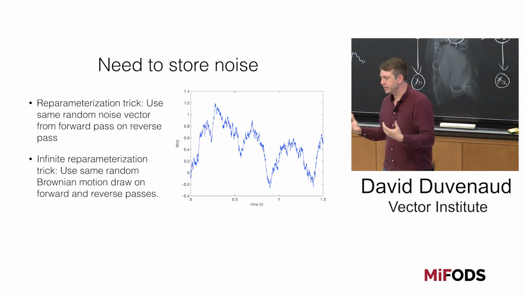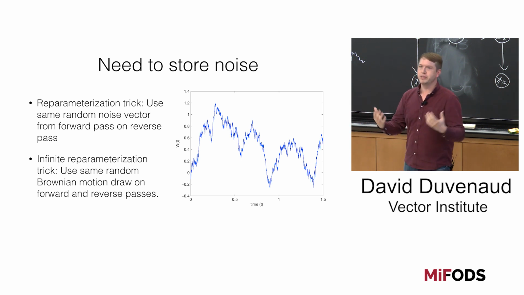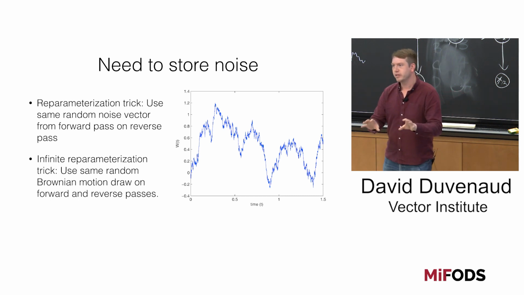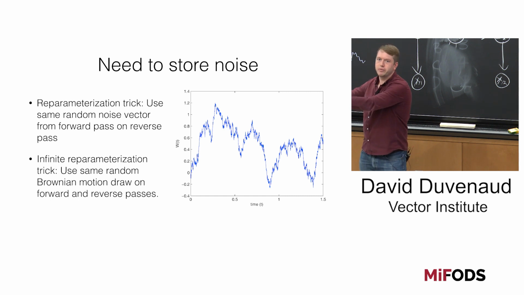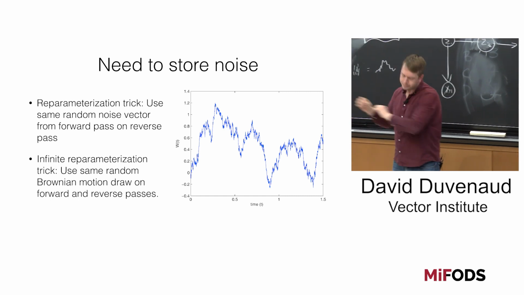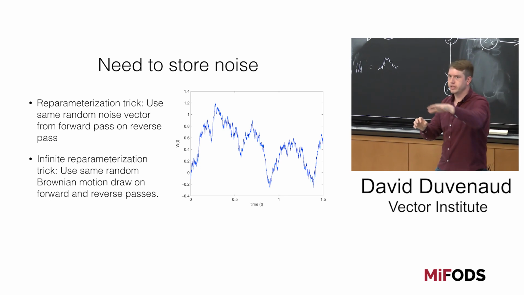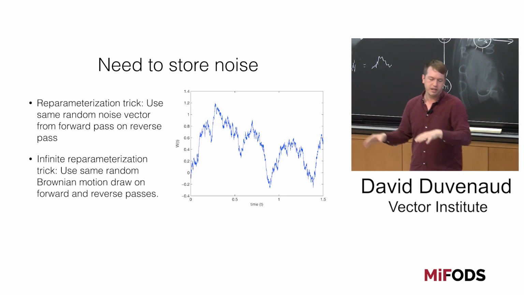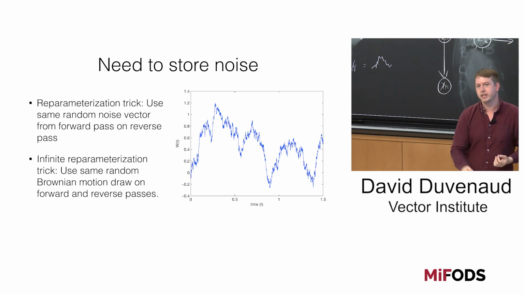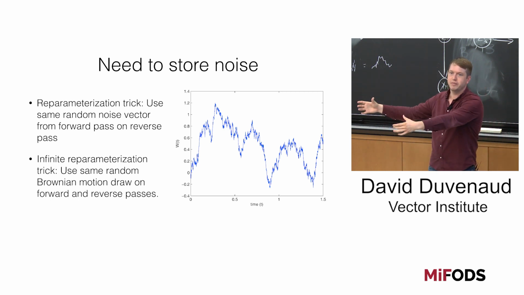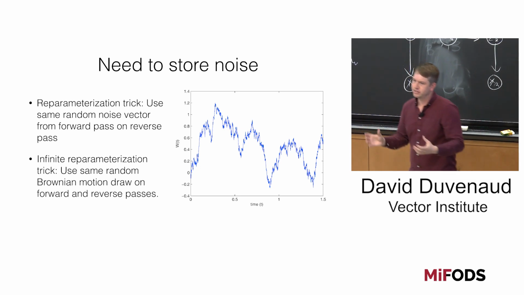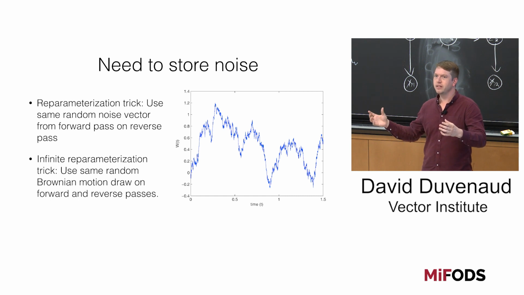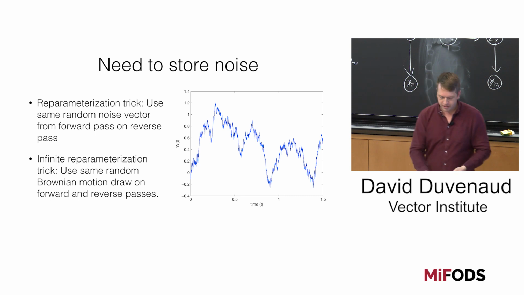It's kind of funny, because in machine learning there's this idea of the reparameterization trick for building gradient estimators, which is that you should take all the noise in your model and factor it out into parameterless, fixed, uniform or Gaussian noise. Then you can treat everything else as a deterministic computation conditioned on this noise. SDEs already sort of do this. They take all the noise in the model and put it into this Brownian motion that has no parameters. Anyway, what we need to do is somehow sample an entire function and store it for later, and be able to query it wherever we want without using too much memory.